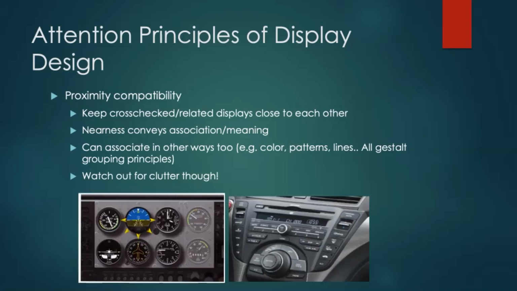You want to make sure you avoid clutter where possible. All right, so here you can see they've done a good job with this aircraft display, where related information is all immediately next to that primary display. The primary display is conveying all that information put together, but each of these displays provides more information that is close, and I can check and verify. Put all the information for the radio up here. Put all the information for climate control down there.